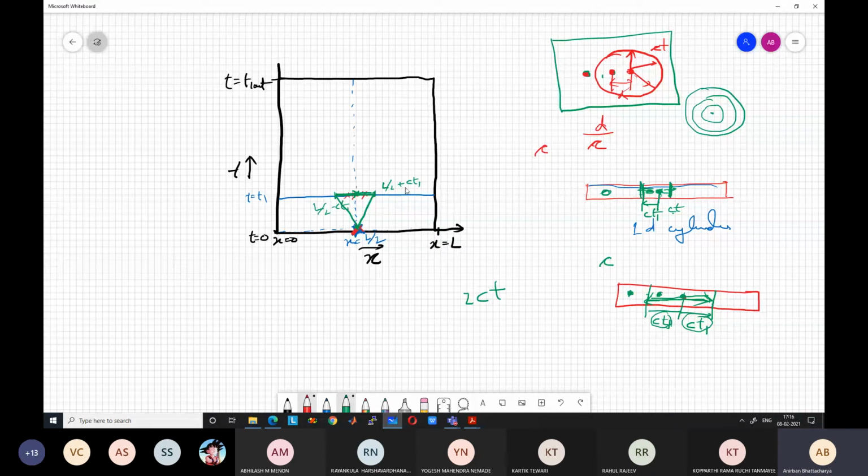Anyone who is located outside, say sitting here, what has happened? Sitting here or here, they won't feel any change. Okay. What is this point? It is a certain point in space at that time T1. But will this person never feel the effect or will he feel the effect?